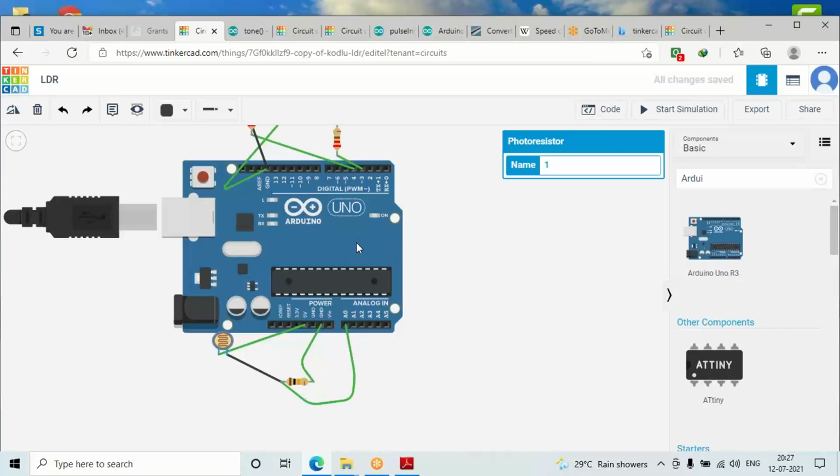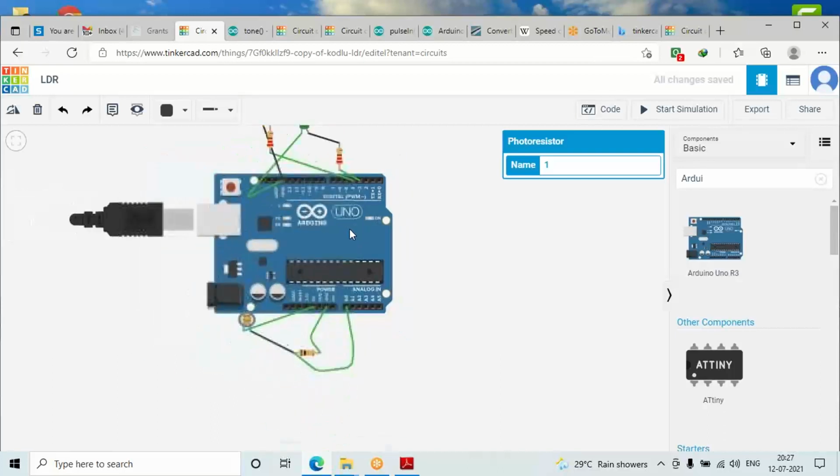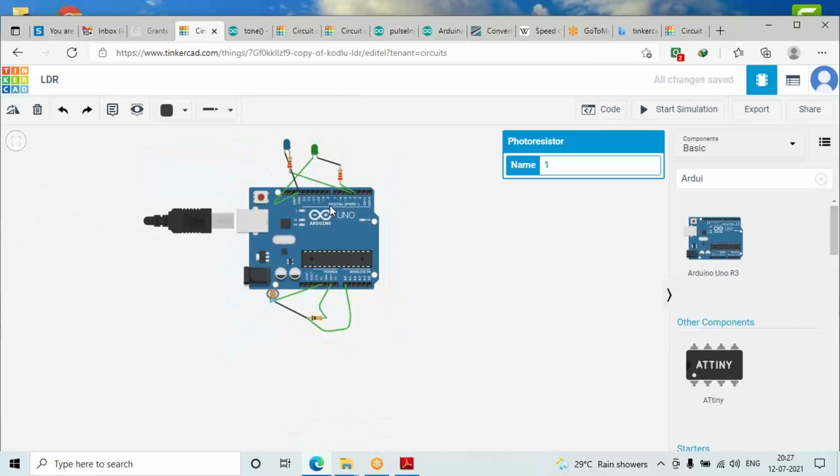On top, one LED, the blue one, is going to channel number 4, and the other LED is connected to channel number 3.